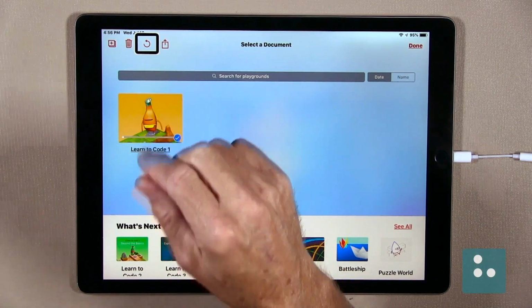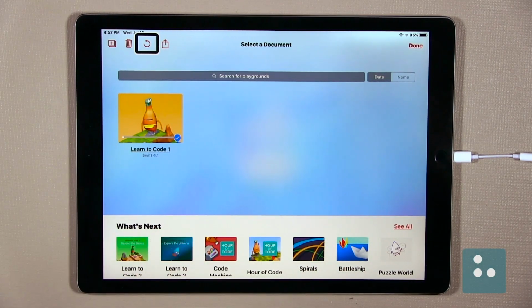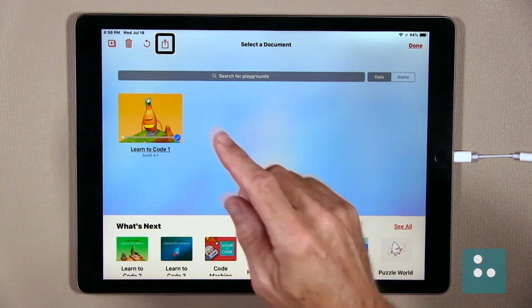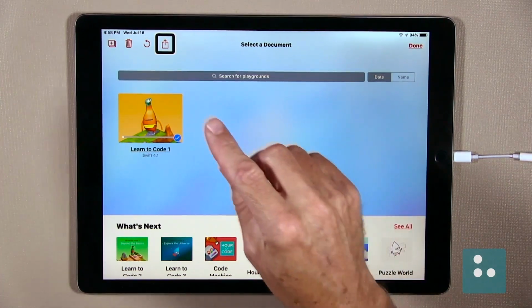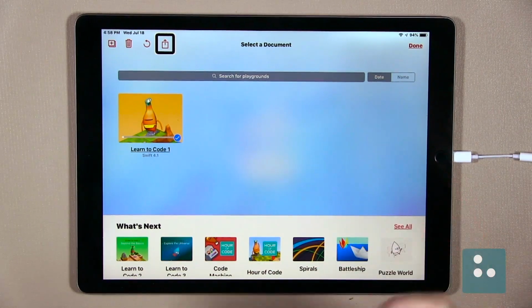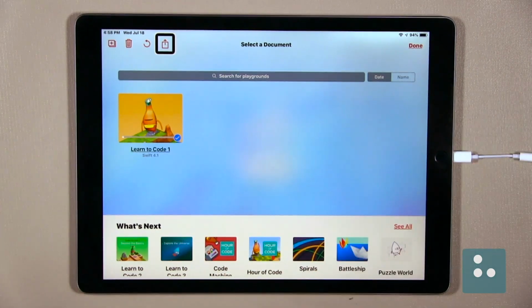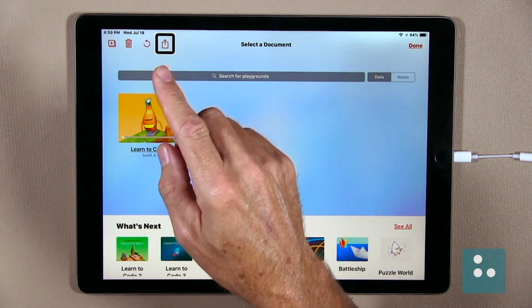Okay, we only have one more tool here, so we'll just right-click. Share button. All right, and here is our Share button, and activating our Share button will, of course, bring up our share sheet for sharing our playground. And we could easily share our playground maybe by AirDrop, an email, or we can even text it to someone if we like. Okay, that pretty much covers our selecting tools here.